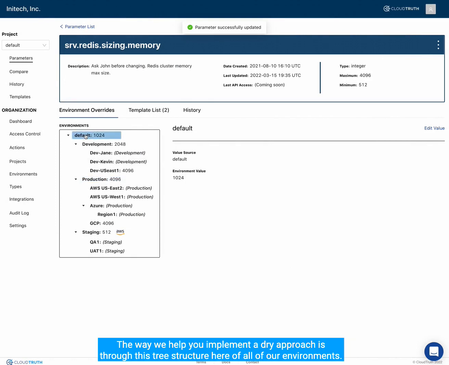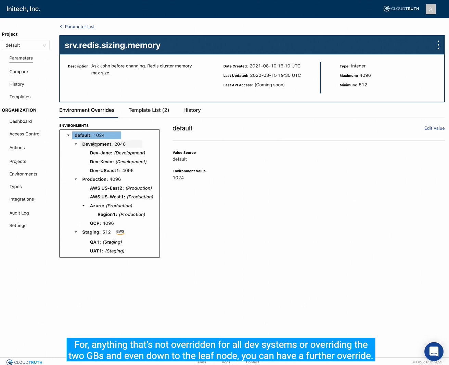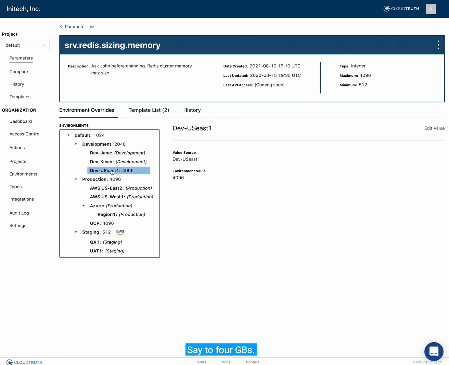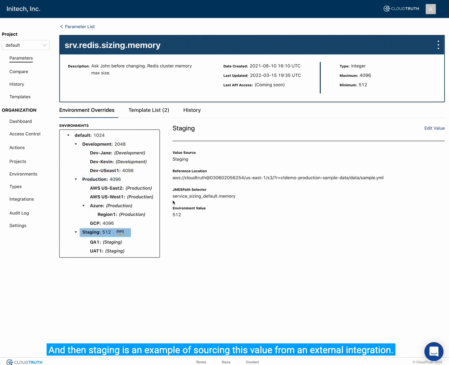The way we help you implement a DRY approach is through this tree structure here of all of our environments. So we're setting a system-wide default of 1 gigabyte for anything that's not overridden. For all dev systems, we're overriding to 2 gigs. And even down to the leaf node, you can have a further override, say to 4 gigs. For production, we're starting at 4 gigs, and then all the other sub-environments inherit that. And then staging is an example of sourcing this